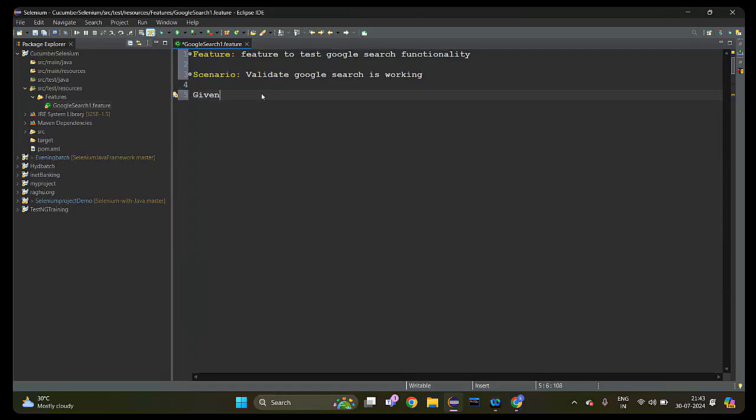First one is Given. What is Given? Say that browser is open. First, Given browser is open, and say that user is on Google search page. Okay, the meaning of this is, see, that means